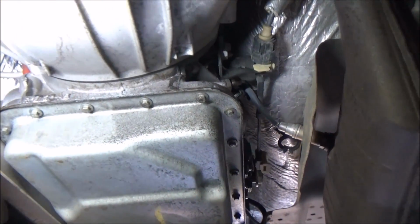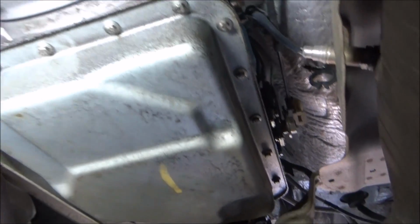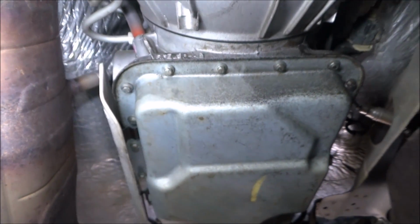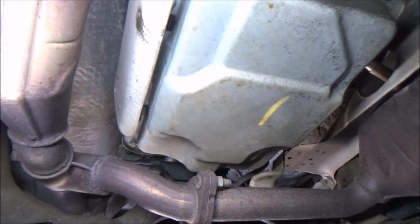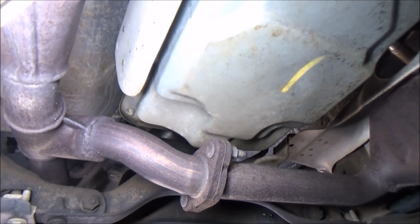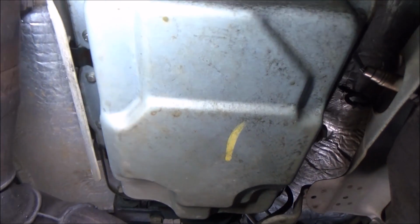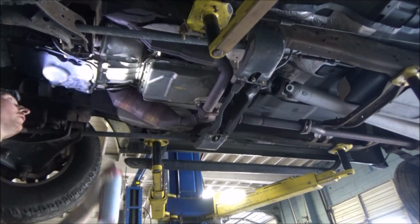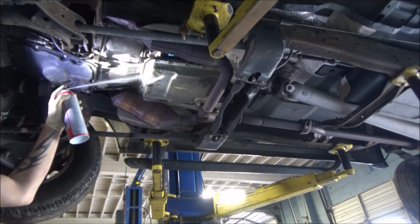The first thing that I like to start with doing is just spraying everything off with some brake clean. Make sure I get all of the dust particles and stuff out from around the transmission pan area, because I don't want that stuff going into the actual valve body assembly. So we're going to start with a quick little spritz, and then we're going to get started on pulling this pan. Start this thing off with a little brake clean. Let's get rid of some of this